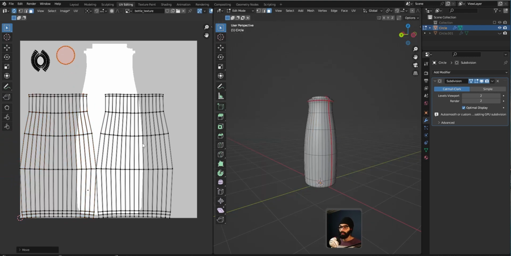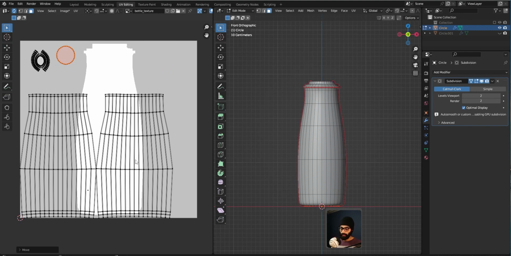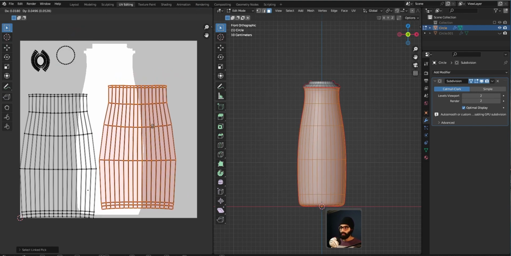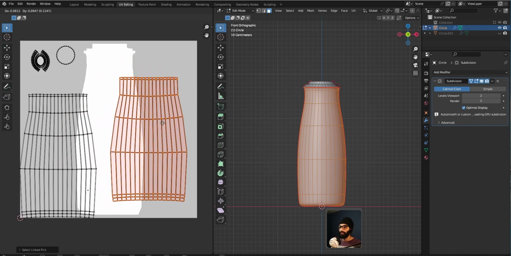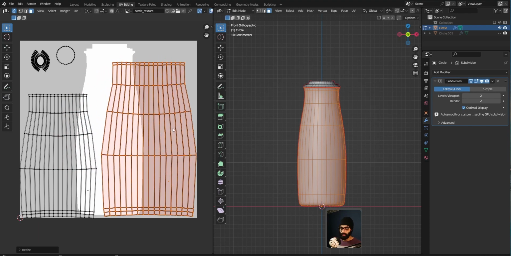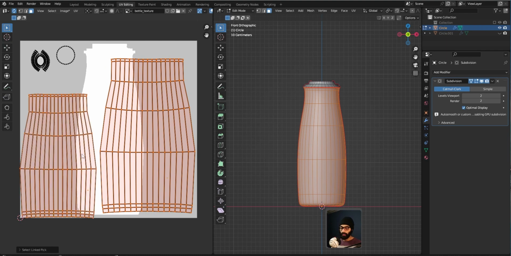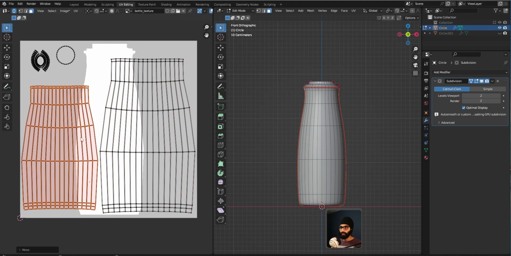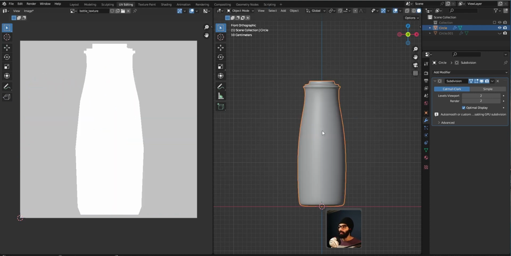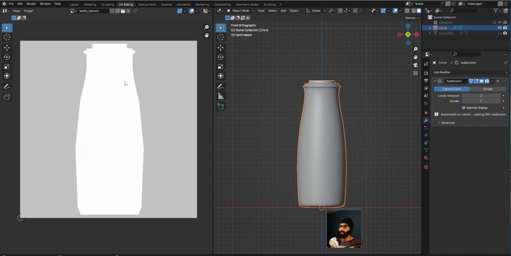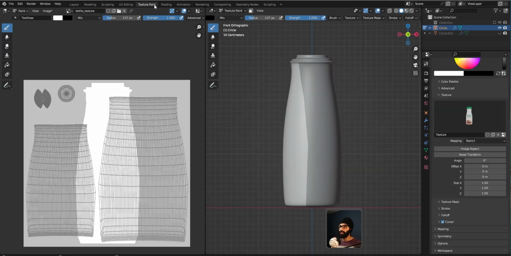Okay, so this was the front, right? I'm going to do L, G, bring this, it doesn't really matter where you keep it. Scale it up so that it's taking up the majority of the texture, and the back can just be where it is. Okay, now that we have the UV separated that way, what you can do is in your texture paint you can come in here and